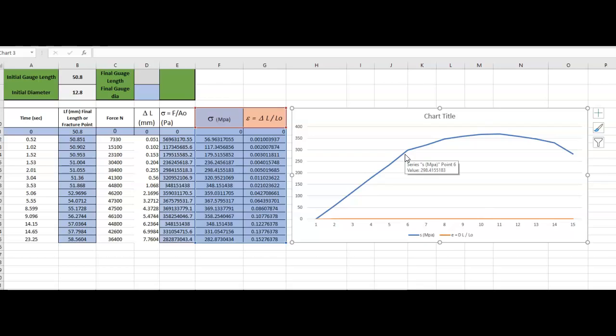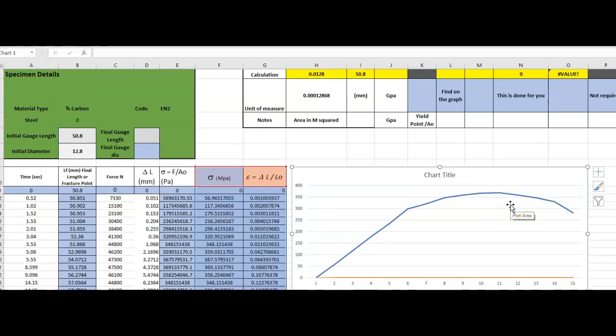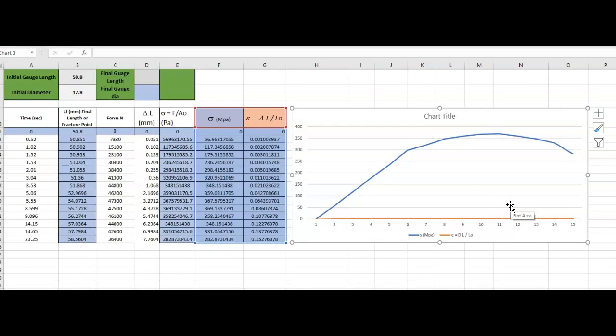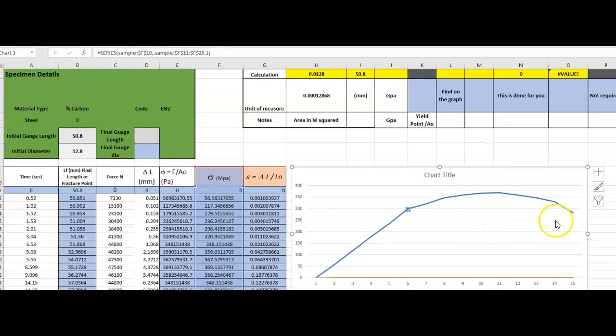Now, most of the time, your instructors will talk about a 2% offset, which is where you move the line 2% in from both ends. And what you'll find is that there's a slight range of elasticity here, and you identify your yield point. For the purposes of this exercise, you don't need to do that. We're just going to simplify it, and this point here, where it changes, is going to be your yield point. So you can just literally click on that and it will give you your value